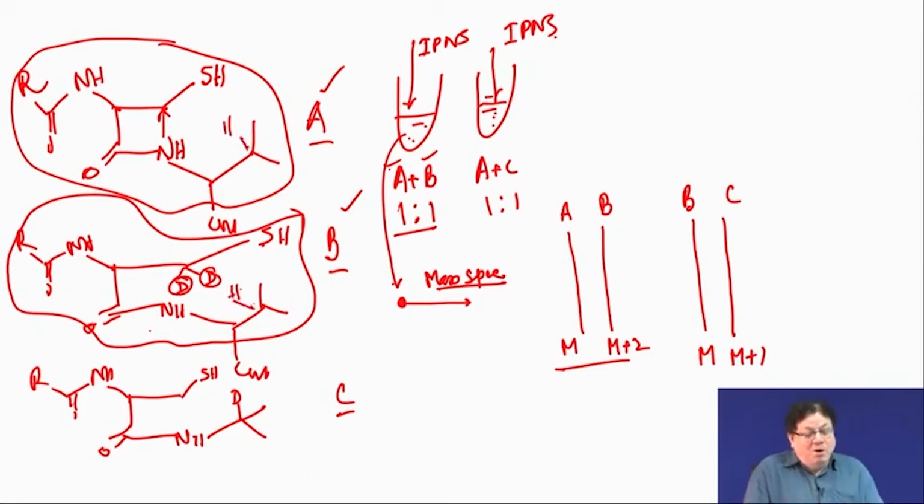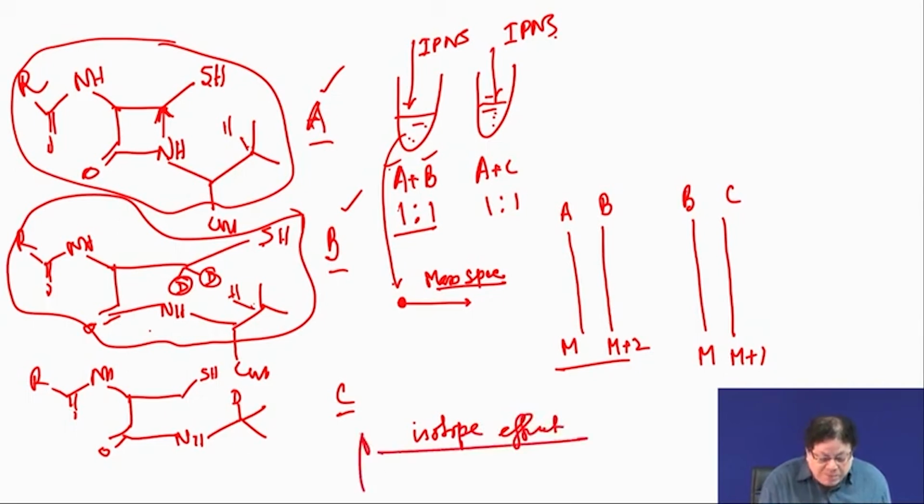Okay. On the other hand, if you take A and C, what will happen? If this bond is formed first, then both will be accepted as a substrate with equal preference, but the second step will be a problem, carbon sulfur. So, the conclusion is that if this is the first step that is formed, then A to B is going to change, and if this is the bond that is formed first, then A to C is going to change, because you have to see where the isotope effect is. The isotope effect will be shown in the first step,